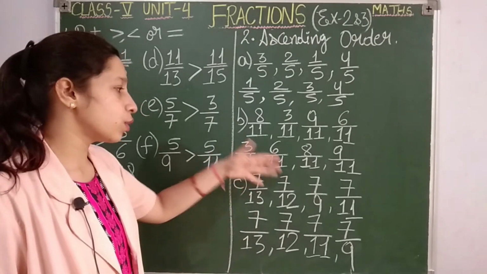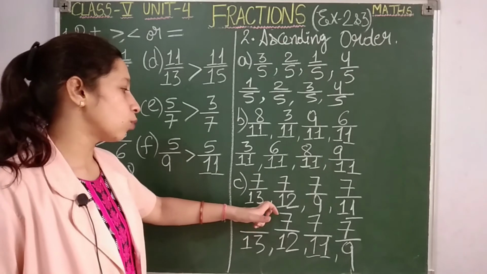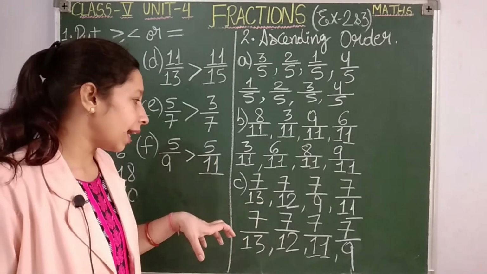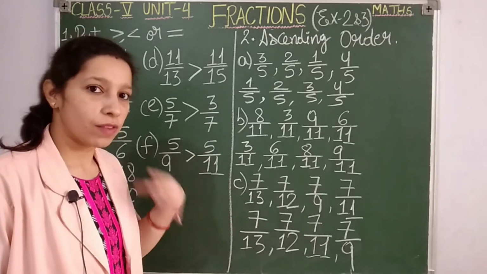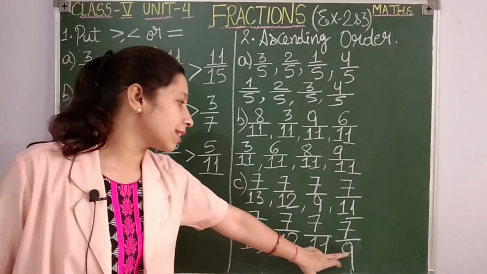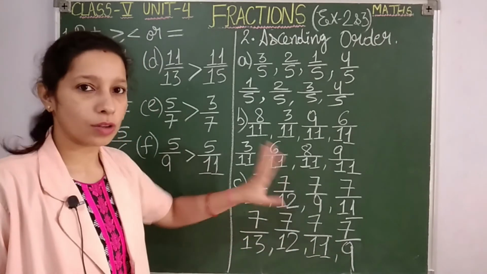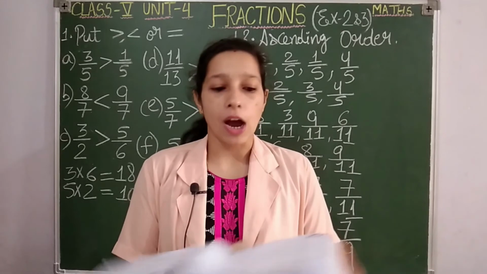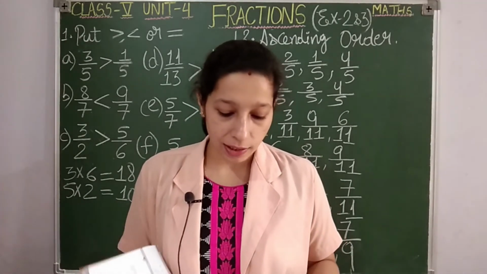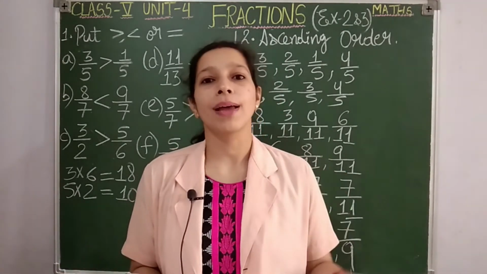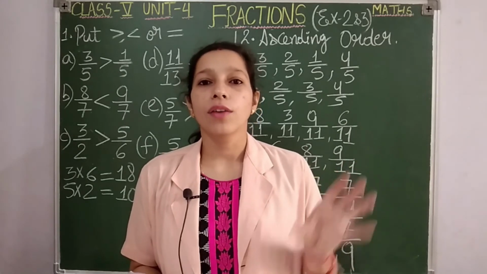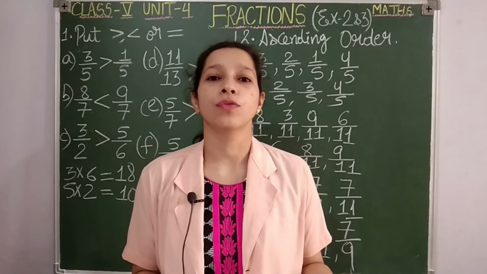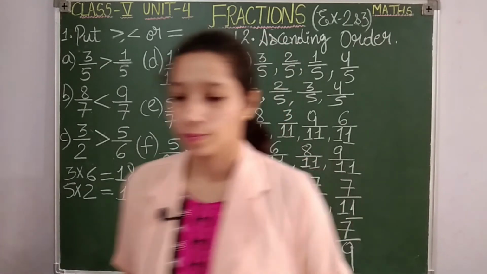Here the numerators were same, so we have to compare using the denominators, and when the numerators are same, the denominator which is the smallest will be the greatest. That's why the smallest denominator we have written at last, because it is the greatest fraction. Okay students, now note this down, and then we will be seeing question number 3. Write the following fractions in descending order, and same method we are going to do. For descending order we have to arrange from greatest to smallest, but again you have to arrange like fractions only. So note it down.